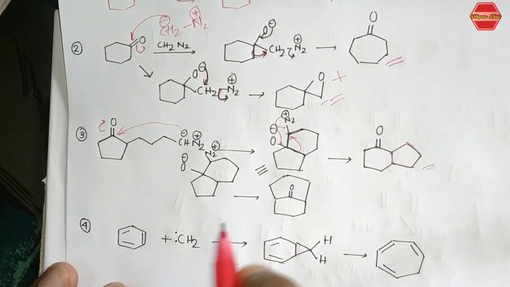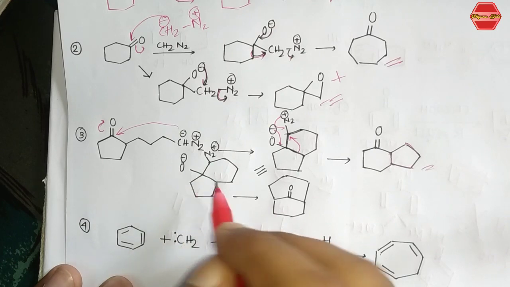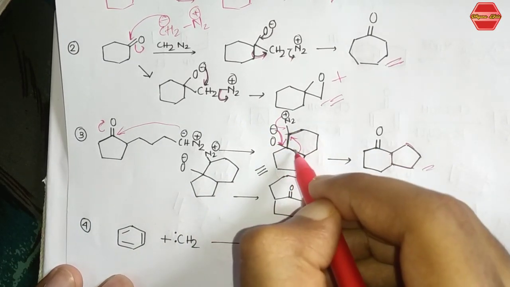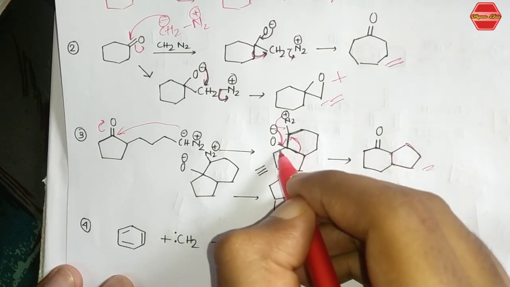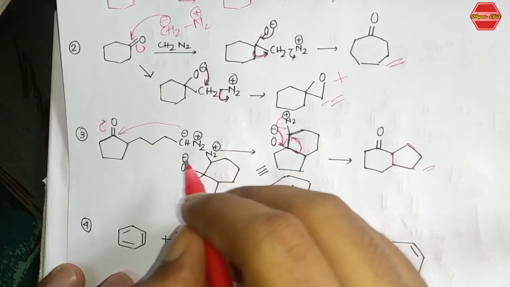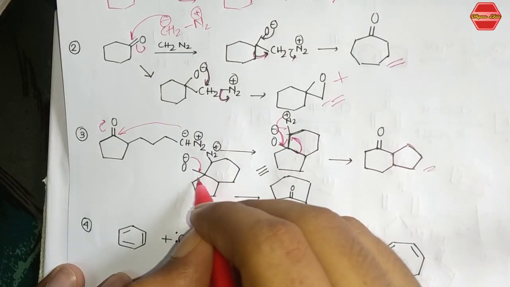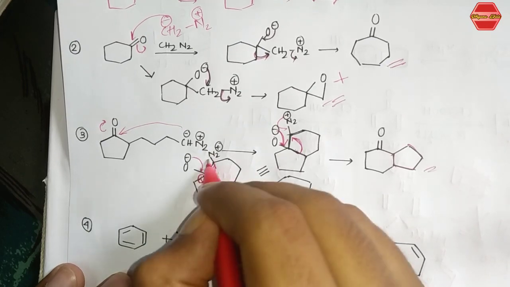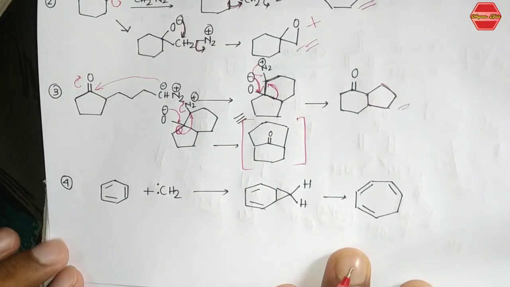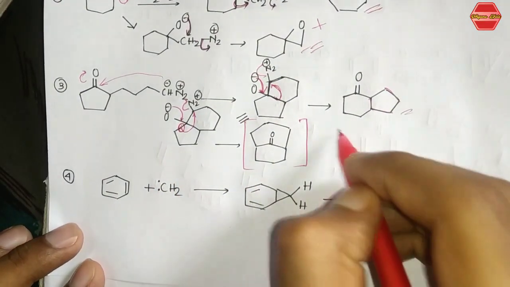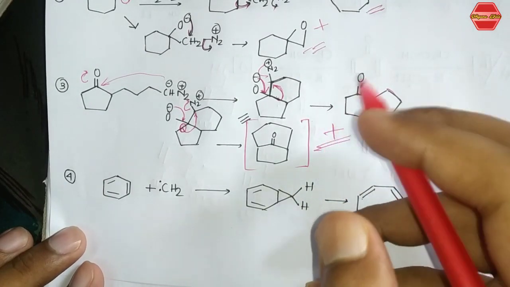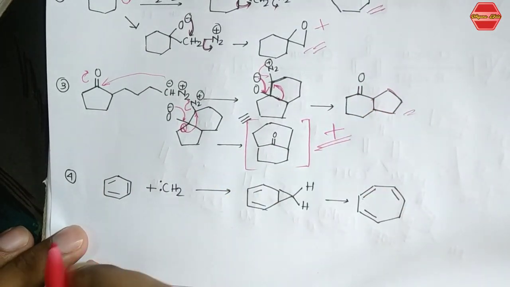Another product is also formed. Now see that there is a possibility, if these bonds go here, these bonds can migrate, or either these bonds can migrate. So if this bond migrates, then you are getting this product. And the next part is that if these bonds go here and if this bond will migrate, then this kind of product takes place, right? So see the next example. This is very much important, and this question maybe came in Hyderabad Central University's exam, right?